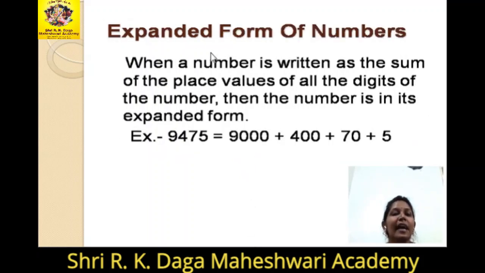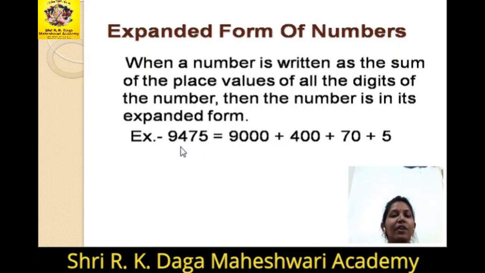Next topic is expanded form of numbers. When a number is written as the sum of the place values of all the digits of the number, then the number is in the expanded form. Example,